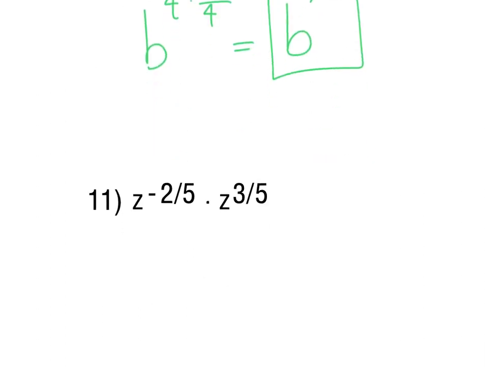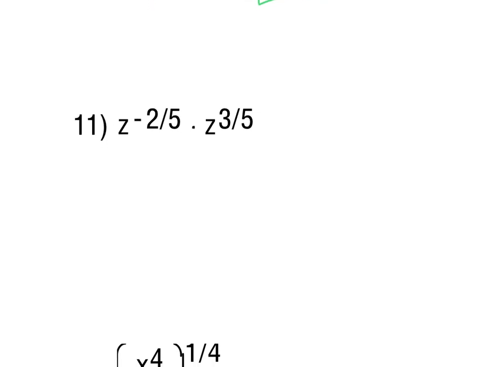Let's see, moving on to number 11. Now we do have some negative exponents here. So you end up with some choices as far as how you want to simplify this. You could use the negative exponent property to drop that z down to the denominator. However, looking at the fact that we have a z to the negative 2/5 and a z to the 3/5, I would probably go the route of just applying the